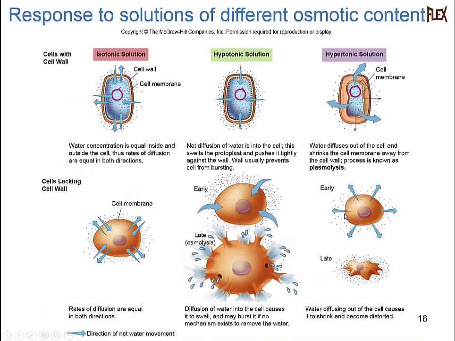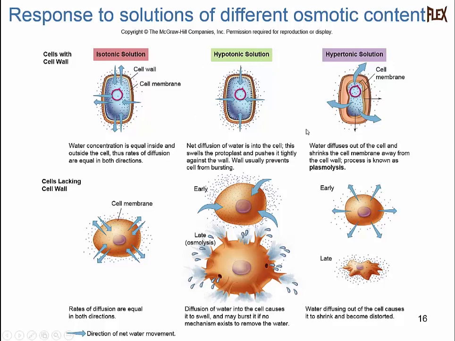And so when we think about the movement of water, we often think about the distinct tonicity of the solution surrounding that molecule. And so this is a cell. When a cell is placed into an isotonic solution, so iso meaning same, that means that the concentration of water on the outside of the cell is exactly the same as the concentration of water on the inside of the cell. As a consequence of these being equal, the movement of water is the same going in as it is going out.